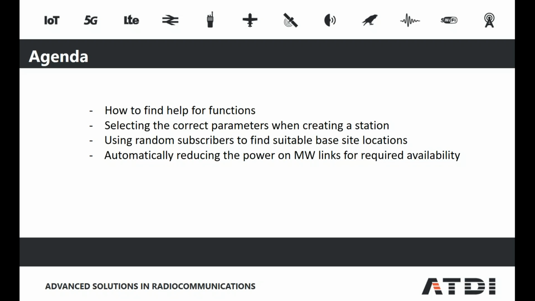The next item is finding the correct parameters for creating a station. Most of the time you can get away with using the generic parameters, but there is a function for taking on more specific parameters for specific types of stations, which we'll show you about. The next option is random subscribers,